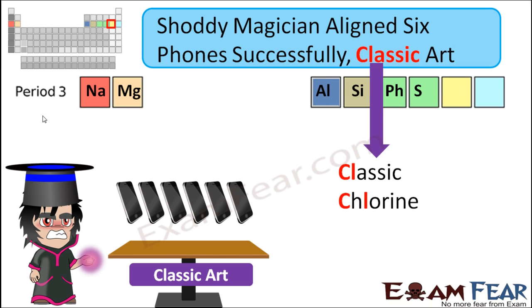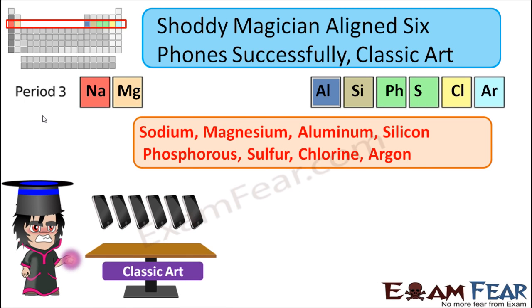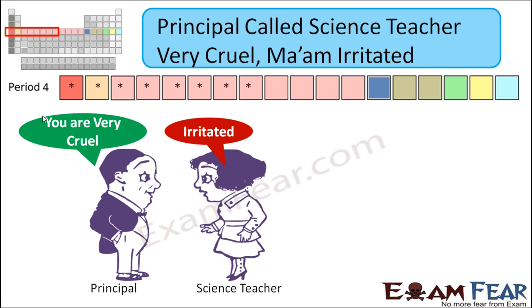Classic reminds of chlorine. So chlorine, classic, similar. Art reminds of argon. So finally, the memory tip for elements in period 3 would be Saudi magician aligned 6 phones successfully, classic art. Moving on to period 4,